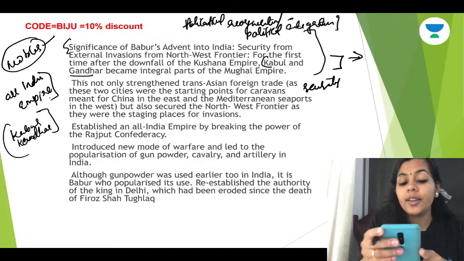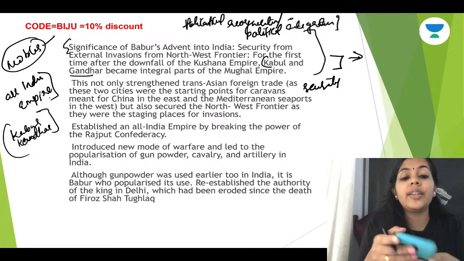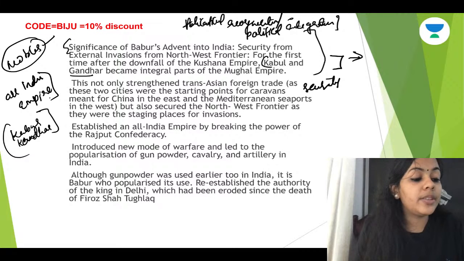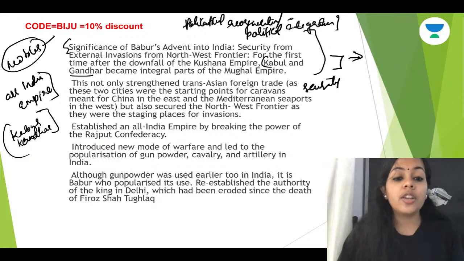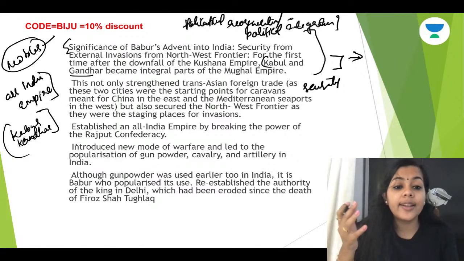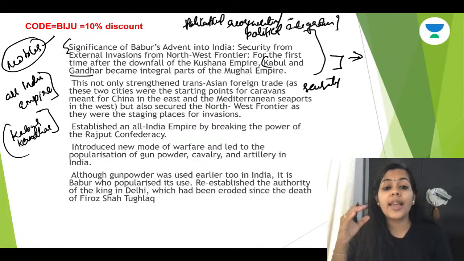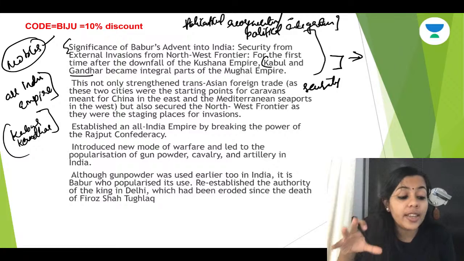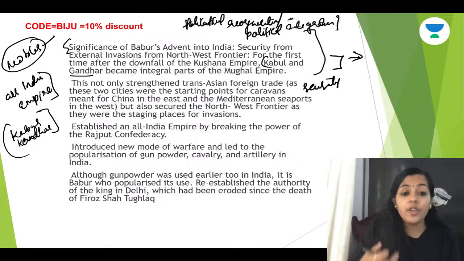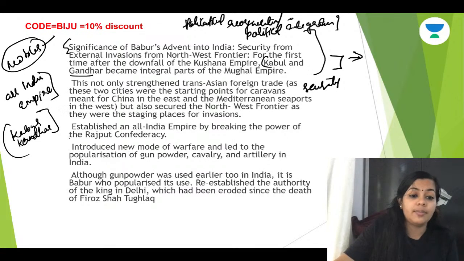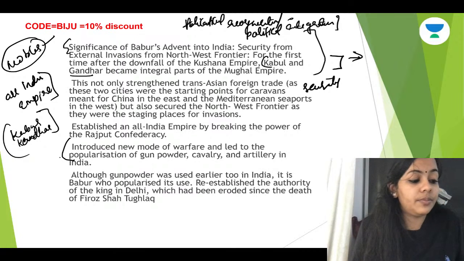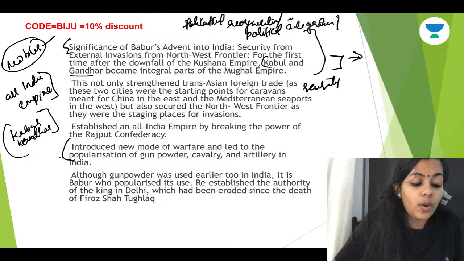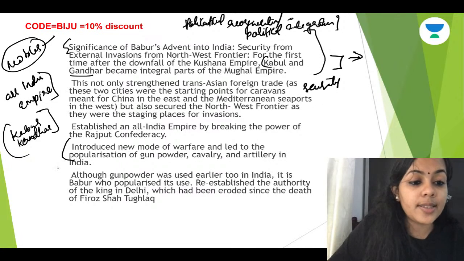Also, not only that, they used new military tactics and modern warfare technology. He introduced a new mode of warfare and led to the popularization of a new type of Ottoman methods, using gunpowder, cavalry and artillery in India. This is for the first time, a new methodology in the military. What is this method known as? We already discussed it, that is